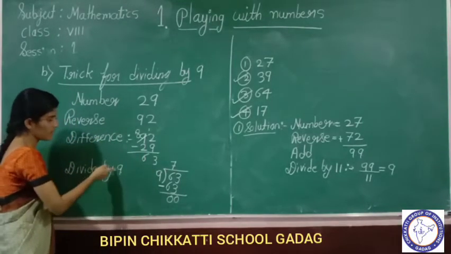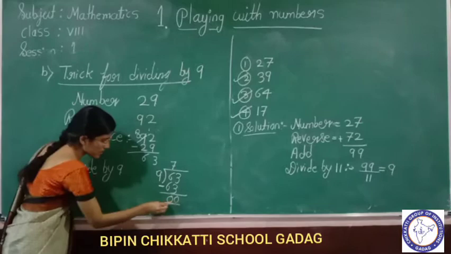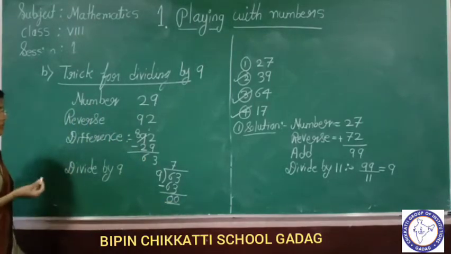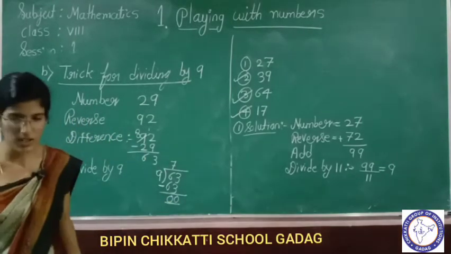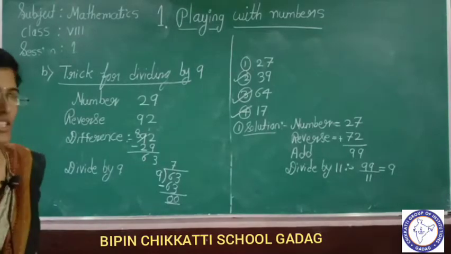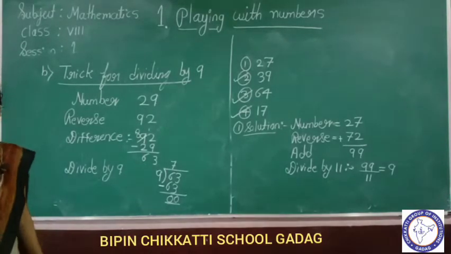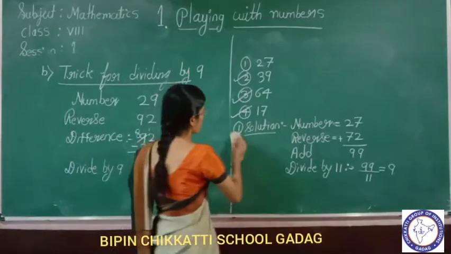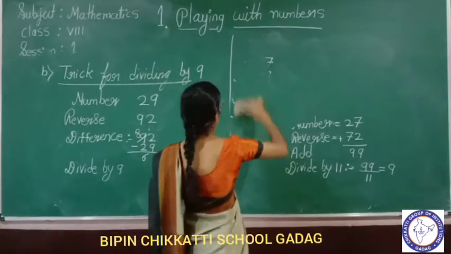Divide by 9. Now see here, we are getting remainder 0. Now we will see what is the trick behind this. You come to understand. You will say, it is obvious, it may be a multiple of 9. Yes or no? Because you came to know the trick of 11. Definitely you tell the same thing for me.